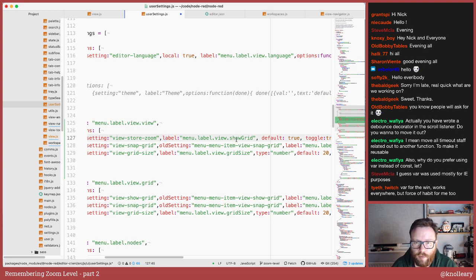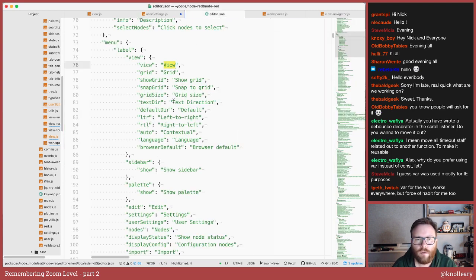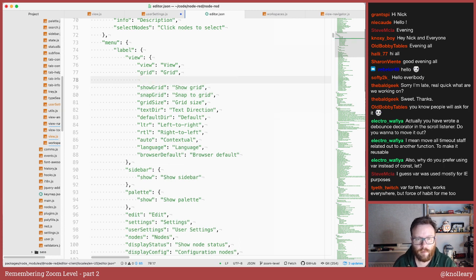Okay, the label is going to be view dot, stick it in here, call it store zoom. Keep wanting to type the word remember, but it doesn't really. Maybe restore zoom level.